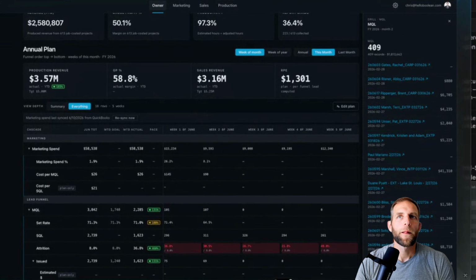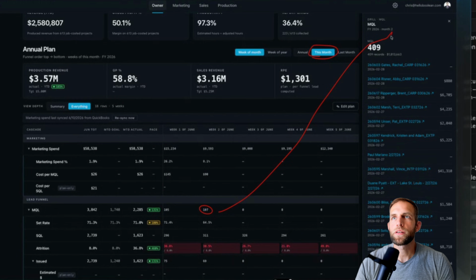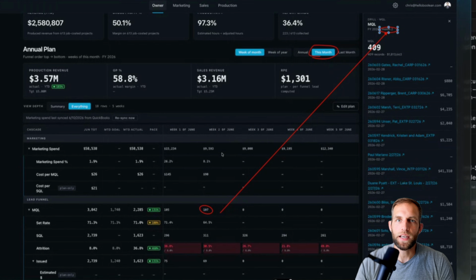All right. So again, just explaining what we're doing here. I clicked on this month and then I clicked on the 107 here. And the month that it opened was month 2. So you can see this. That's incorrect. I'm clicking on the second column, but this is actually week 2 of June, and it shouldn't be showing me